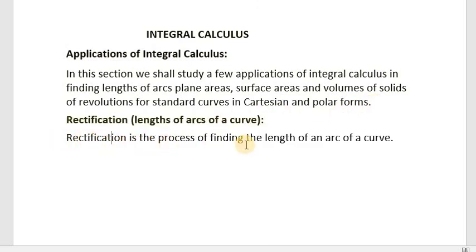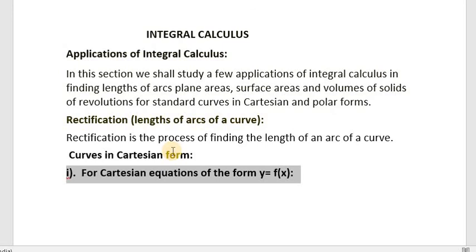Rectification is the process of finding the length of an arc of a curve. So in this session, let us discuss the length of arcs of a curve when it is given in a Cartesian form. In Cartesian form, we have two types of curves, that is y is equal to f of x and x is equal to f of y. For Cartesian equation of the form y is equal to f of x,